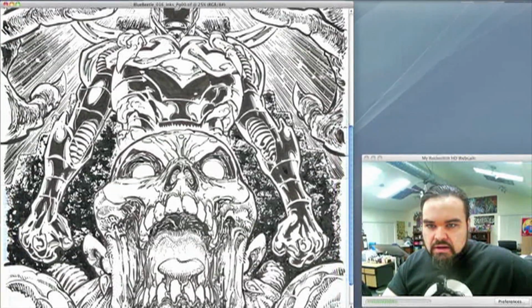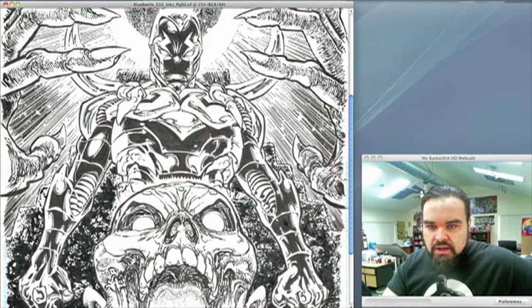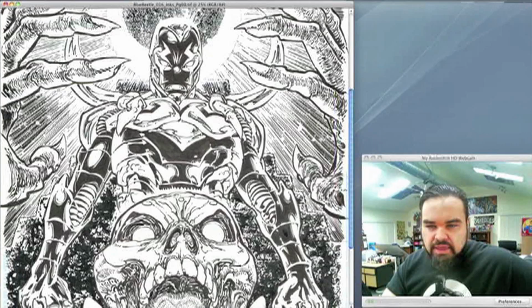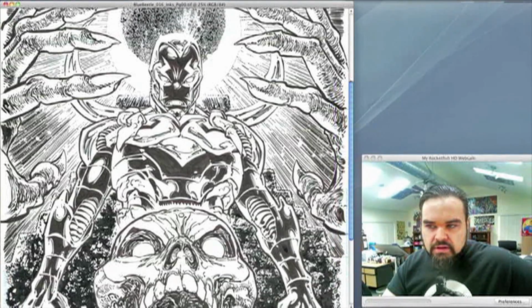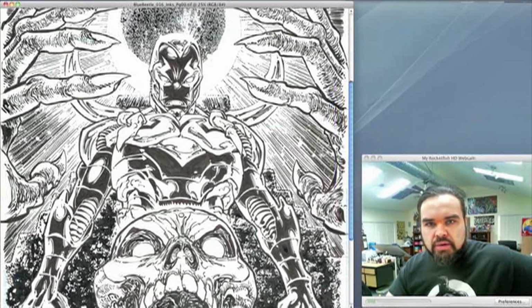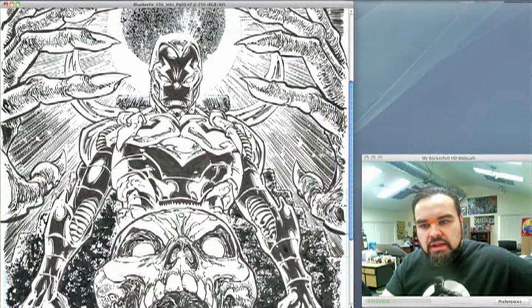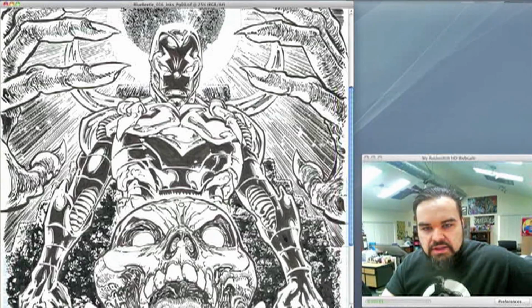And then on Blue Beetle, there's some really thin brushwork on him. The bigger black areas, I think I filled in just with a brush marker, but for some of the thinner line work, I was using a combination of one of the latex brushes. I can never remember the brand of it, but I've talked about it in a different video. So, one of the thin latex brushes to give me some of these chunky,